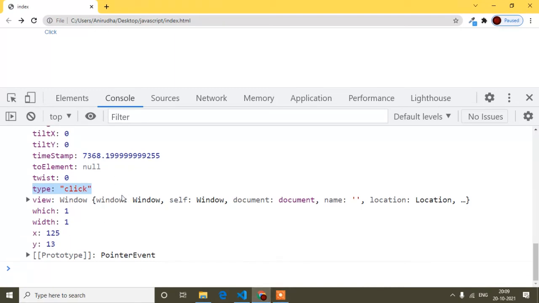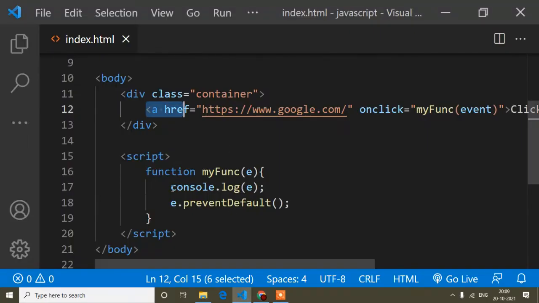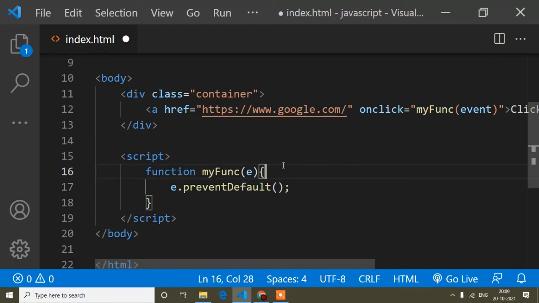So when I prevent the default behavior, I use e dot, because inside this e I showed you in the console I'm getting the event, so when I block this event, it's e dot prevent default. So that is prevent default. Don't be confused about prevent default and stop propagation. Stop propagation is a different thing and prevent default is a different thing. In the next video I will show you stop propagation.